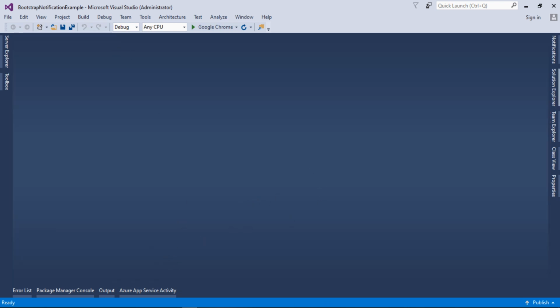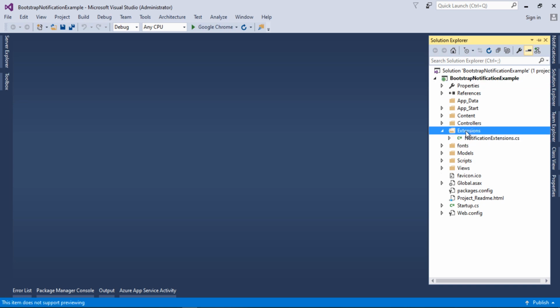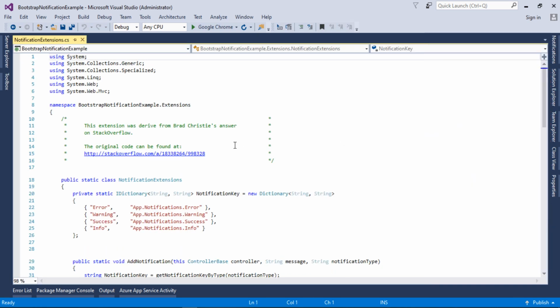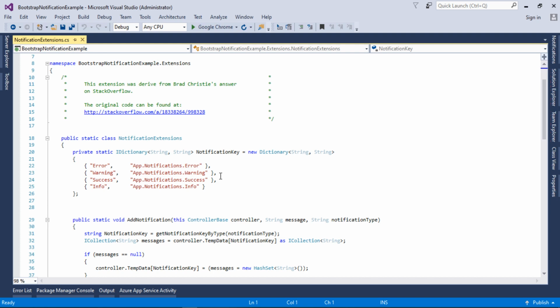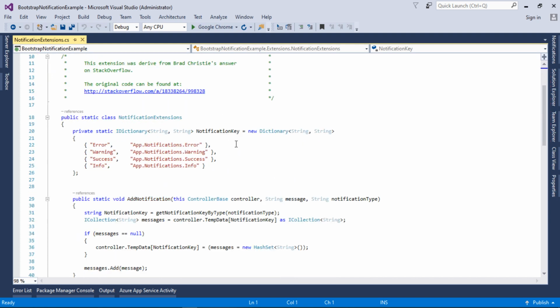Now I will go into the Solution Explorer. When I install this package, you have the extension folder created by this package. In this extension folder we have notification extensions. Here we have different types of notifications created by this package, and this is the extension file.